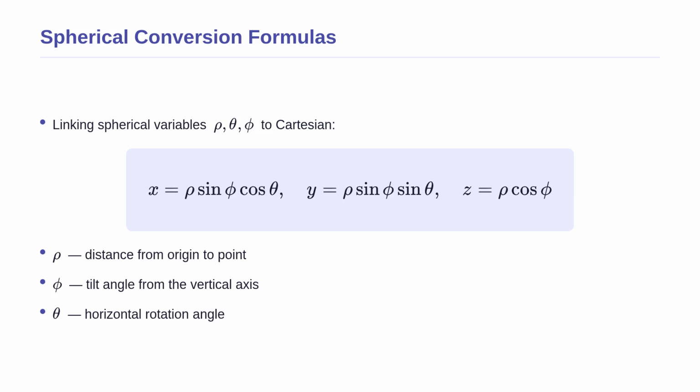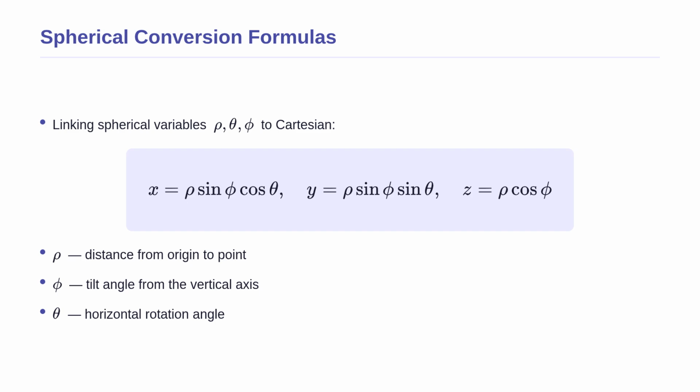Now that we can visualize the geometry, let us look at the formulas that connect spherical coordinates to our standard grid. Conceptually, these come directly from the two right triangles we just saw. The vertical height z is simply the adjacent side of the vertical triangle, found using rho times the cosine of phi. The shadow on the ground has a length of rho times the sine of phi. We then project that shadow onto the x and y axes using cosine and sine of theta,